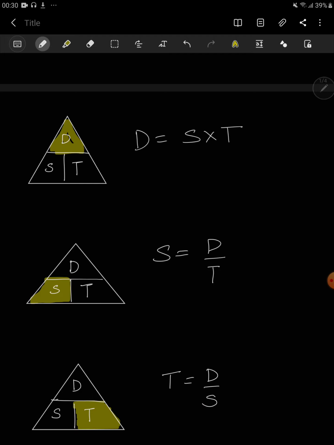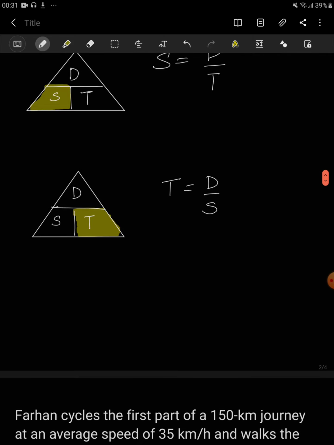Now when it comes to the questions, the approach that we have to take is slightly different. We have to first see that all the three parameters, that is the distance, speed, and time for a given distance, is known to us. Okay, if something is missing, then that means we have to calculate that first and then find what the question is demanding. To explain this, I am going to take a few examples.